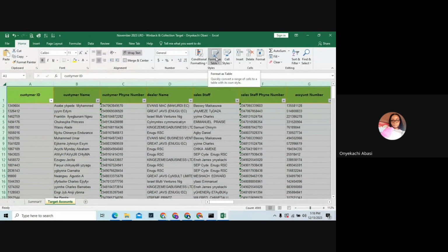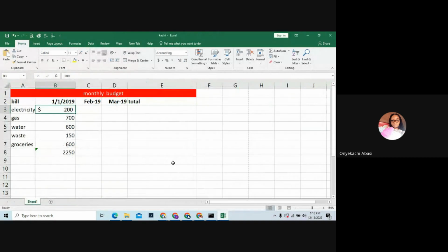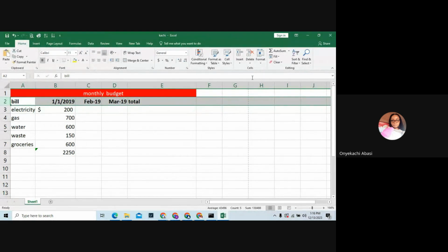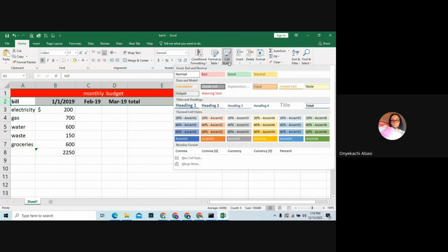Now, we will not do format as table now. We're going to do all of that later. Cell styles. Yeah, I think let's do cell styles. It won't take long. So for cell styles, let me highlight this row 2 and I go to cell styles. If I click on cell styles now, these are styles that you can